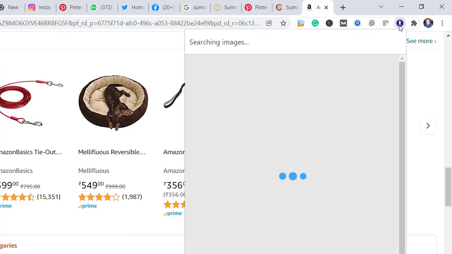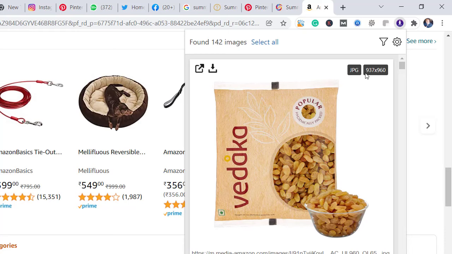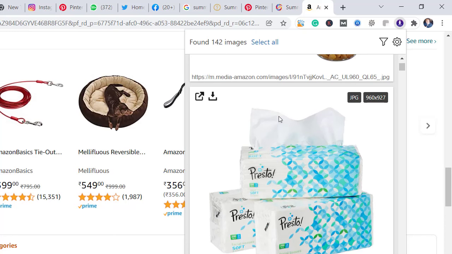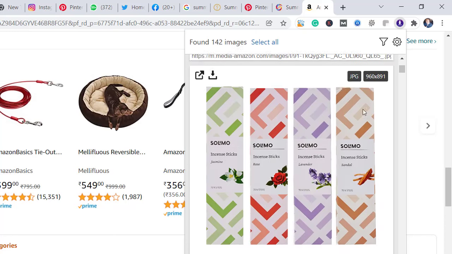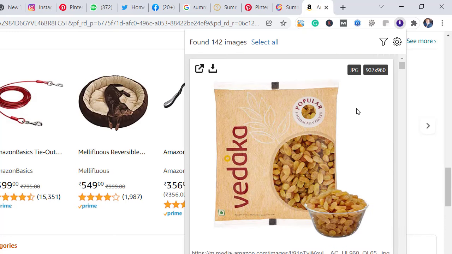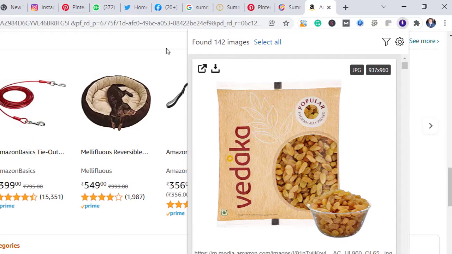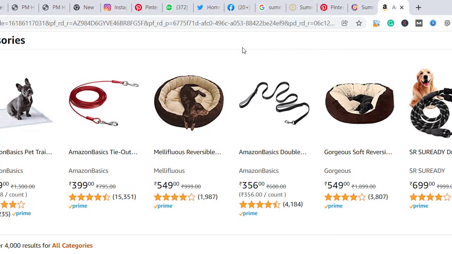I click there. 937 is a good resolution. 960. So in this way, with the help of this extension, you can download your required photos, pictures easily from any website, from any social media website.